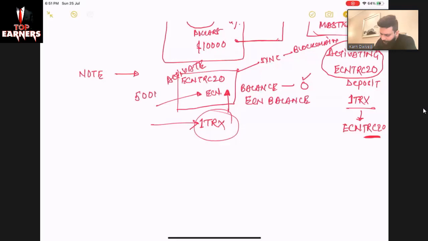Suppose you have deposited 500 ECN, but you forgot to activate the wallet, and you are not able to see the balance. You can see the balance is still 0, and you are panicking. You are 3,000 people knowing this answer. You tell them, don't worry, deposit 1 Tron to the same wallet, wait for 3-4 minutes, refresh the page, and you will see the balance of 500 ECN in 3-4 minutes. Clear? This is very important. It has to be clear. So you must have the answer.